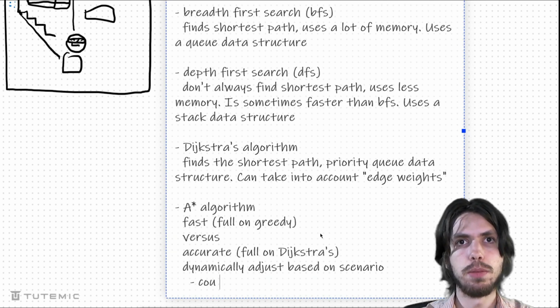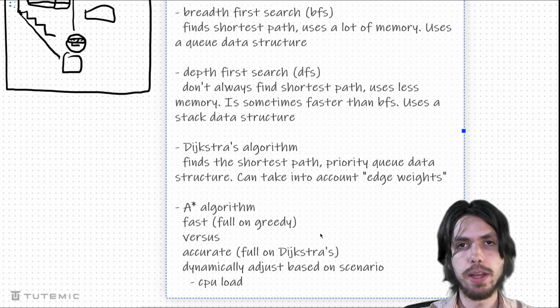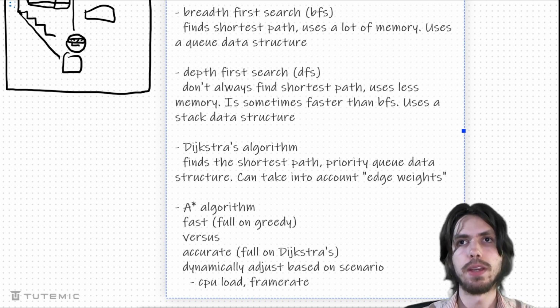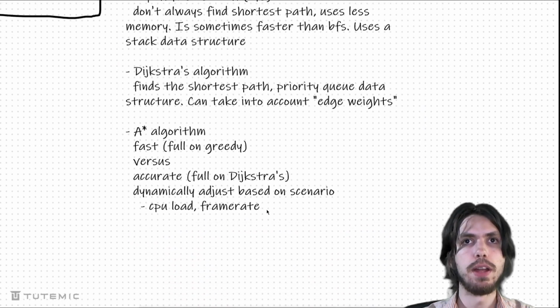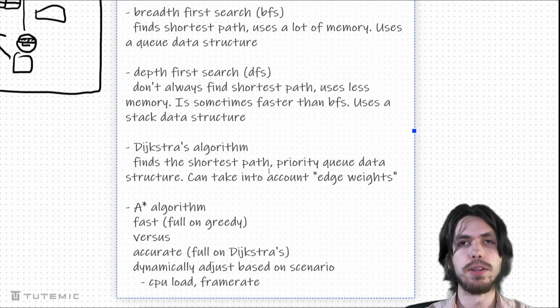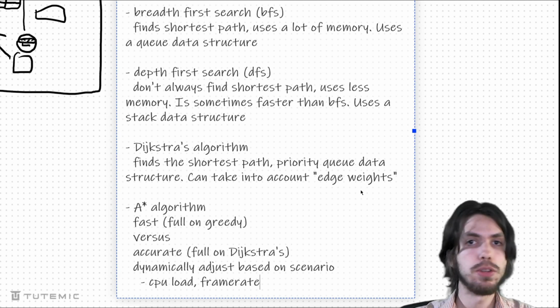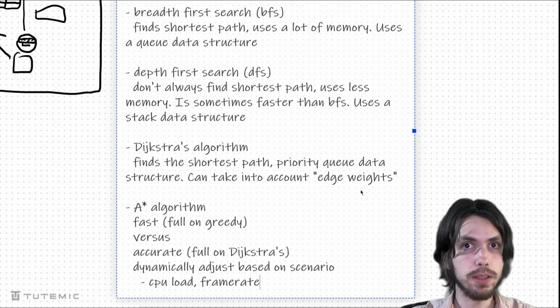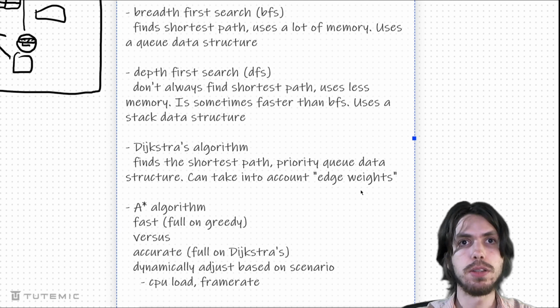You know, CPU load or something like that, or perhaps even frame rate. So if the game's frame rate dips, then you can just keep on making that happen. Hopefully you can read this. If the frame rate dips, then you can go for fast, right? Or something like that. Or go faster automatically, dynamically. It'll scale it. So that's pretty awesome.